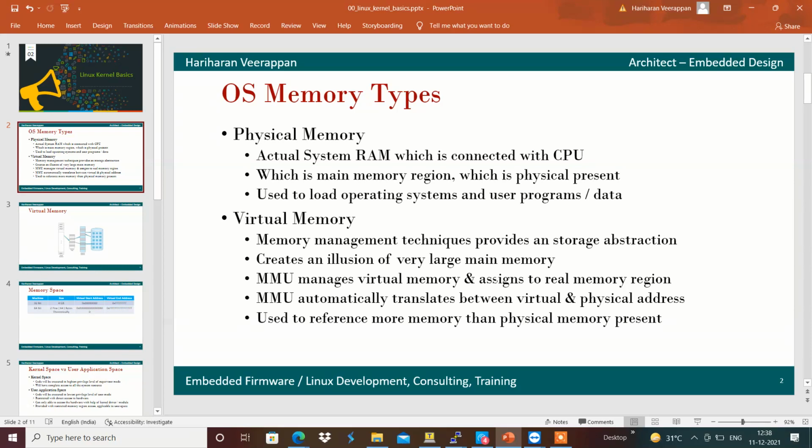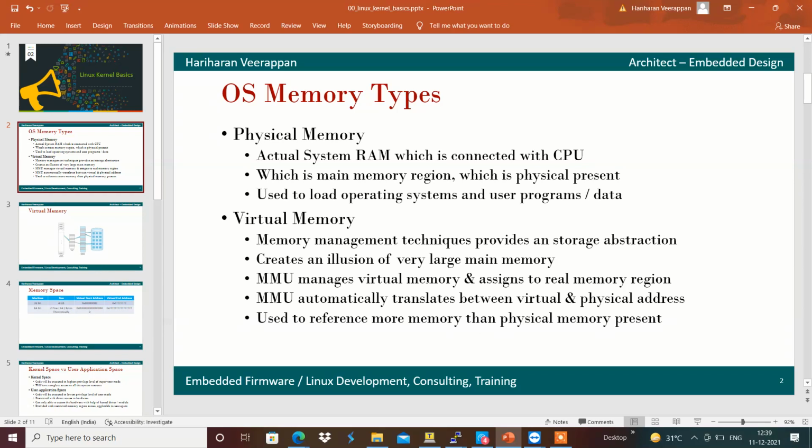If we have 512 MB of DDR on the BeagleBone and we want to execute a 1 gigabyte application, we may require virtual memory: some portion will be in the physical memory and some portion in the storage, and whenever required it will be pushed to and reverted from the storage. That is called virtual memory.